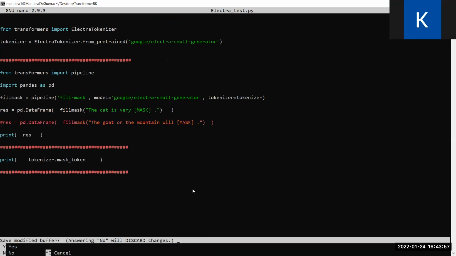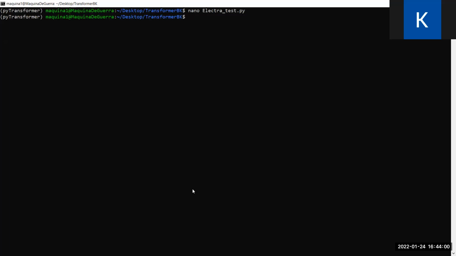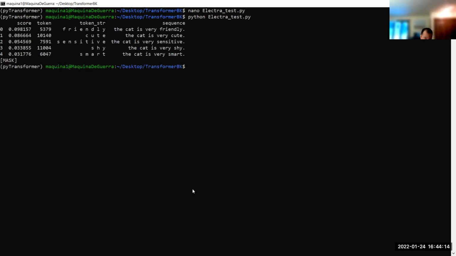Should you maybe get rid of "on the mountain" and just do "the goat will", like you did with the cat? Oh, you mean just make the sentence shorter? Let me just see if this one runs again, because oh, there. See, this one ran pretty fast, right? So what's the issue with the other one?